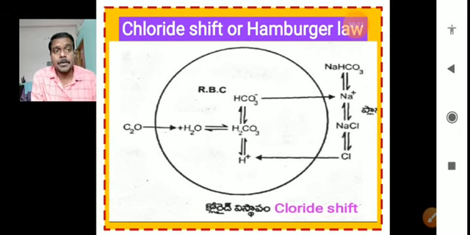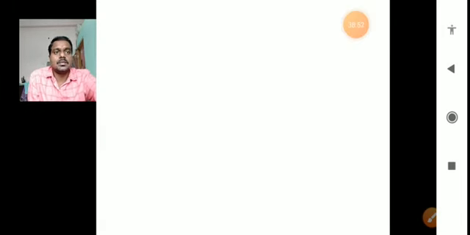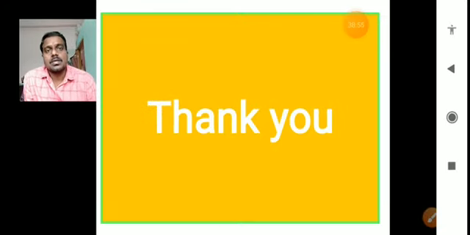And also one thing is there: the plasma is very important for the formation of Na plus and Cl minus, right? Na plus Cl minus is formed, the Cl enters the RBC, and the sodium binds with the bicarbonates. To neutralize the blood, the pH is neutralized with the help of sodium bicarbonate and Cl minus ions. So this is very important in the transfer of carbon dioxide, right?